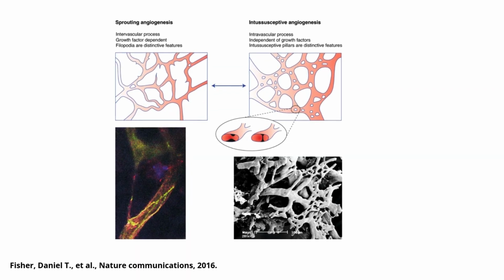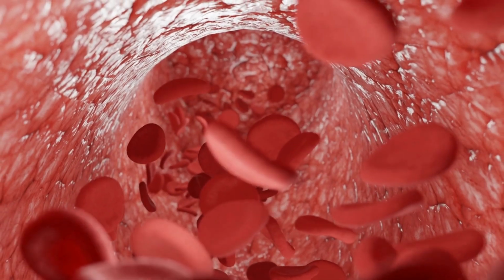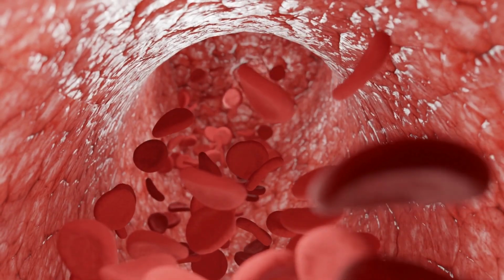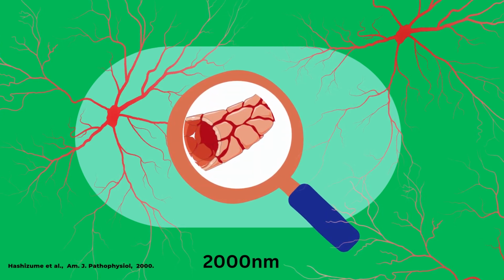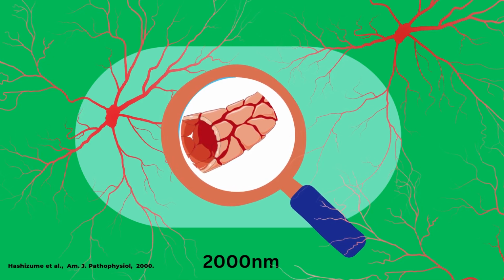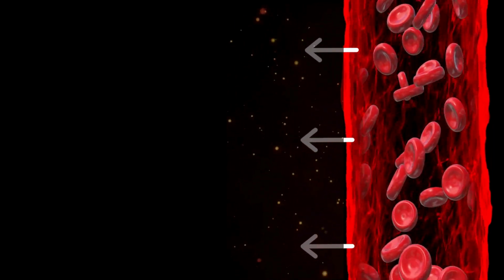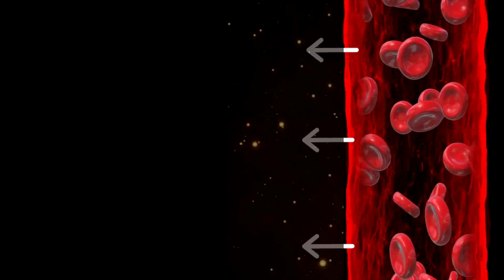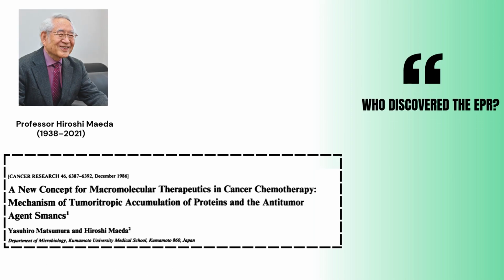The rapid angiogenesis also results in a leaky vasculature with gaps between endothelial cells, also called interendothelial gaps, which could be up to 2000 nanometers. These gaps, alongside other characteristics of the tumor, allow macromolecules and nanoparticles to penetrate the tumor tissue more effectively than normal tissues. This effect is called, as we talked about before, the EPR effect, which was discovered by Professor Hiroshi